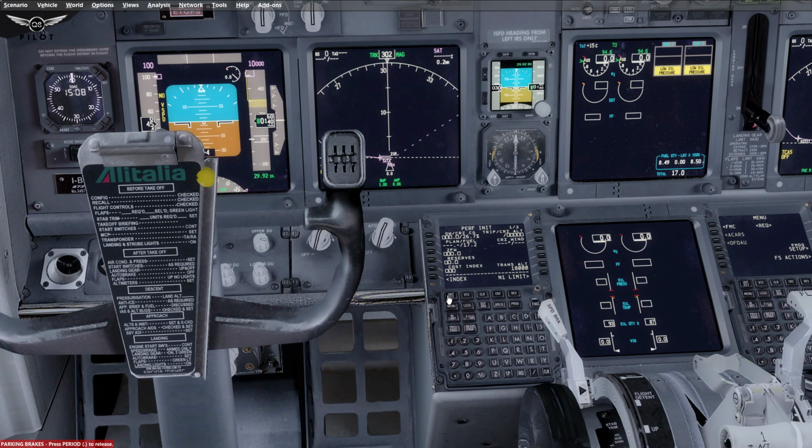Alright, so let's go to performance and enter our zero fuel. Reserves, cost index 35, and final cruising altitude today is 340, and the wind is 262 at 04 degrees. Oops, 262 at 02 knots. Sorry, 262 degrees 02 knots. So that's done. And that's fine, so we can execute that. The outside ambient temperature is 16,